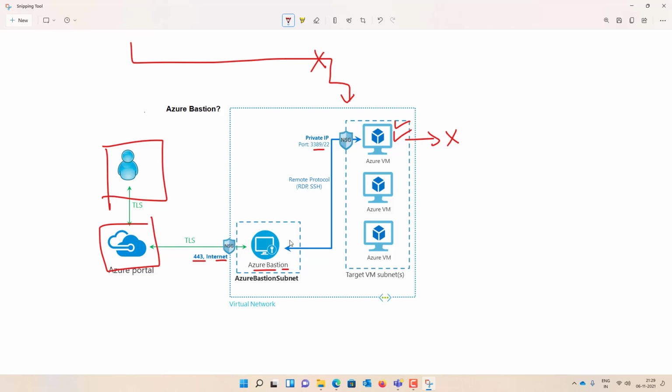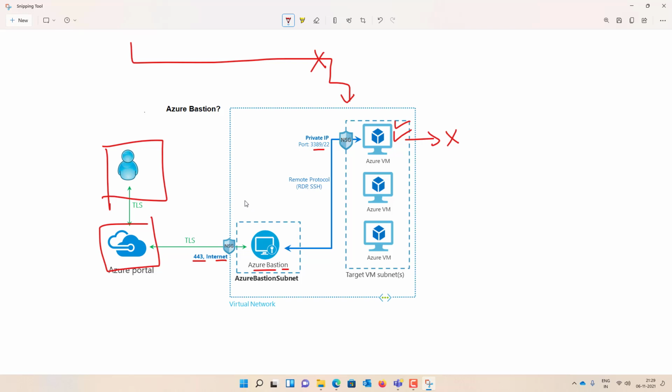Using Azure Bastion protects your virtual machine from exposing RDP SSH ports to the outside world. As I said, public IP is not required. So what are the key benefits? RDP and SSH directly in the Azure portal, remote session over TLS and firewall traversal for RDP SSH, no public IP required on Azure VM, no hassle of managing network security groups, and it protects against port scanning and other vulnerability attacks.